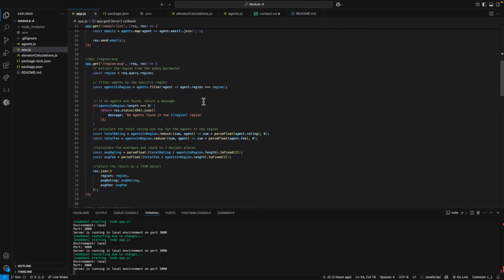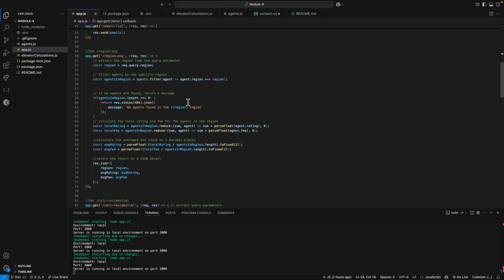Next, we have the region average endpoint, which calculates the average rating and fee for agents in a specific region. It takes a query parameter for the region. Then here we have it filtered by a specific region. If there's no agent in the region, we have this command here to send us a specific answer. And here we are calculating the total rating and fee, making sure it is rounded to 2 decimal places by this command,